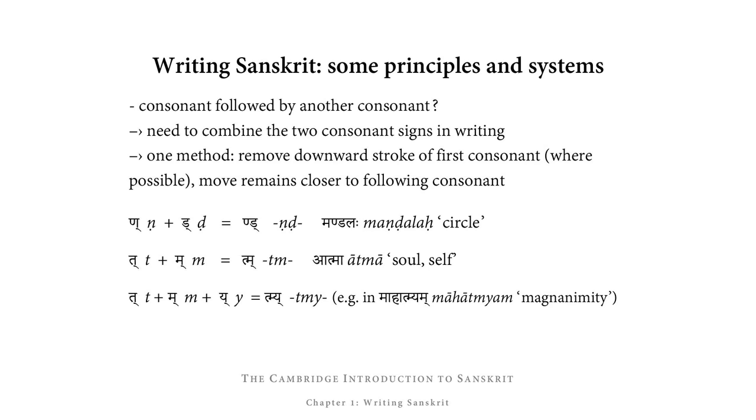You will find that used just at the end of a word. So instead, inside a word, what is done is that the downward stroke at the right-hand side of the sign for n is simply removed, and then what remains of the n is moved closely to the sign for the d. And so you get nd, and that you can then just use in a word such as maṇḍalaḥ, meaning